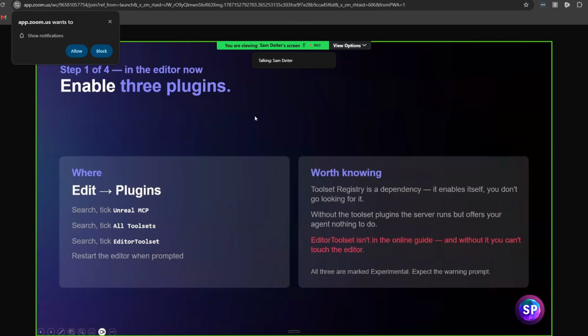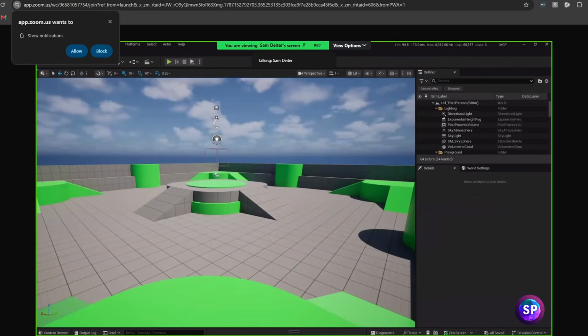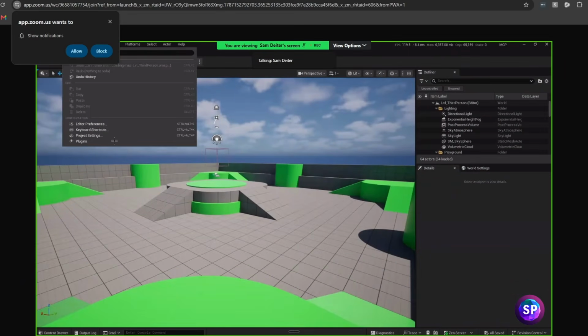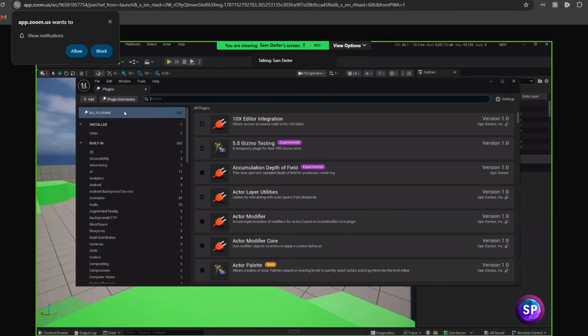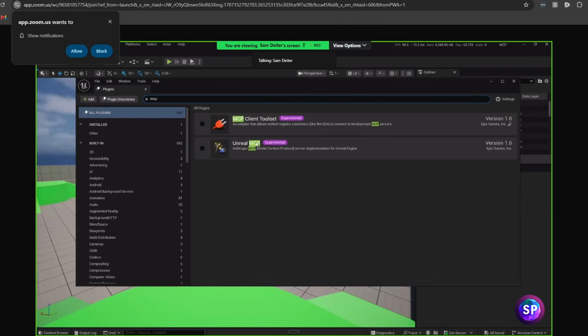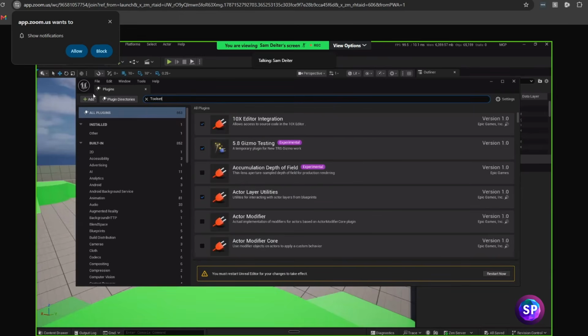So the plugins to enable, the 3 plugins will be Unreal MCP, all tool sets, and then editor tool sets. So let's come here and we're going to come up to edit plugins. And first off, we're going to look for MCP. And there we go. There's our Unreal MCP. All right. And then we're going to look for tool set.